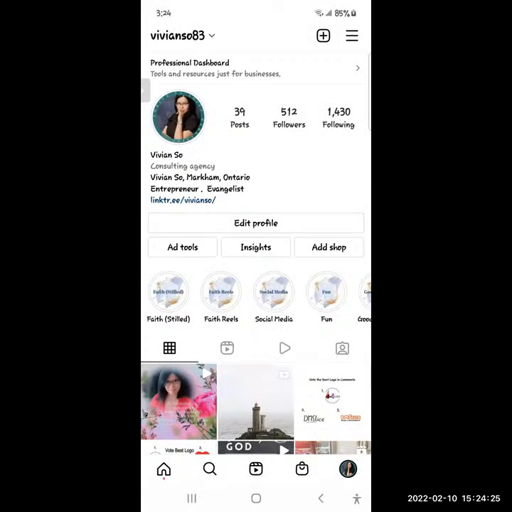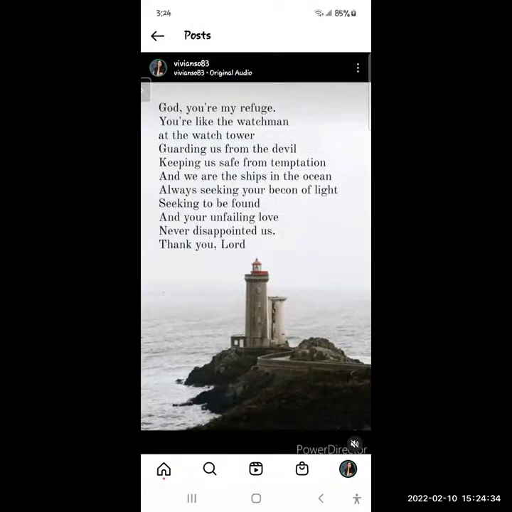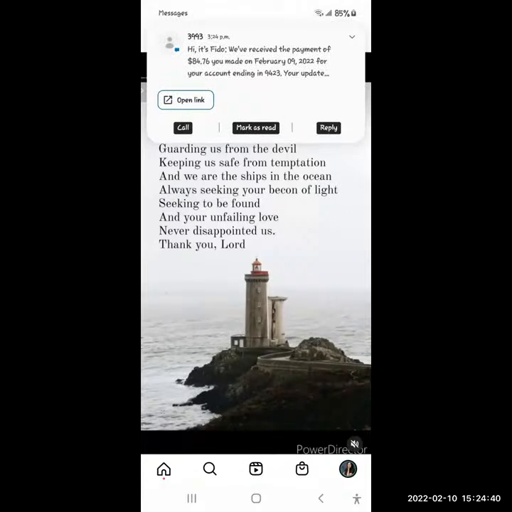Today we're going to teach you how to add a reel to story, but first of all, we have to create a reel, right? So this is the sample reel that I'm gonna do. You can notice there's water flowing, the palm, and then there's also background music as well. So let me just